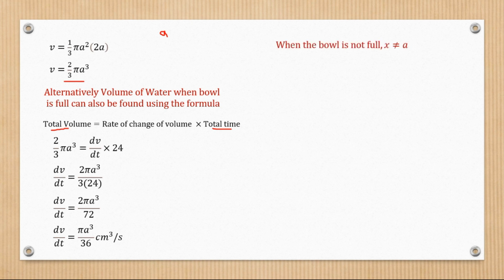Next I'm going to consider the case when the bowl is not full. When the bowl is not full, x should not be equal to a, because x should be less than a. So I'm going to use the general formula of volume that I was given, that V is equal to a third pi x squared times 3a minus x. I'm going to multiply this x squared inside, and this is what I have. Then I'm going to differentiate with respect to x and find dV/dx. The reason we're finding dV/dx is because it takes me closer to finding the rate of change of the water level, and at the end I know I'm looking to find dV/dt